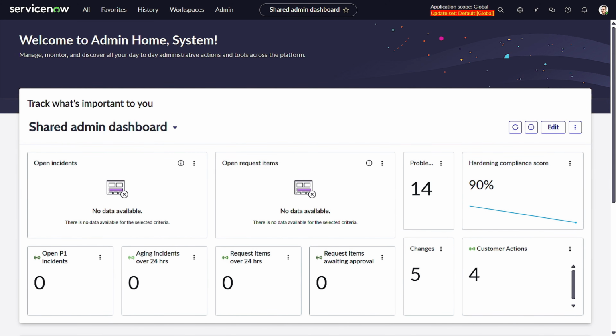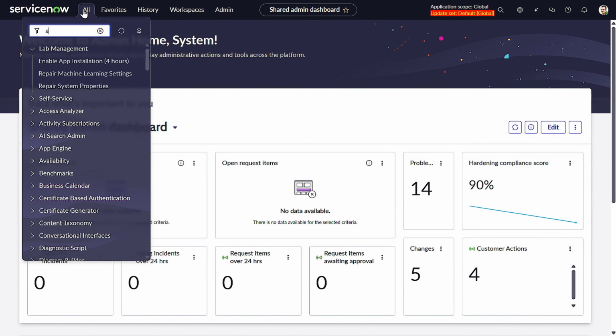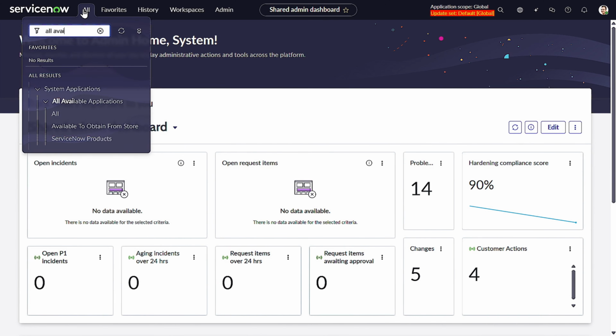So first and foremost, we will try to understand the dependencies of how you should set up and what all things are required, then only you can proceed. It's just like a verification for whenever you get started on any agentic AI thing. So what you have to do first is go to all available applications, and under that just go for all,